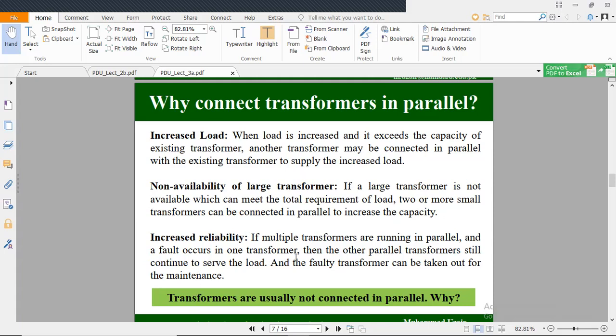Increased reliability. If multiple transformers are running in parallel and a fault occurs in one transformer,